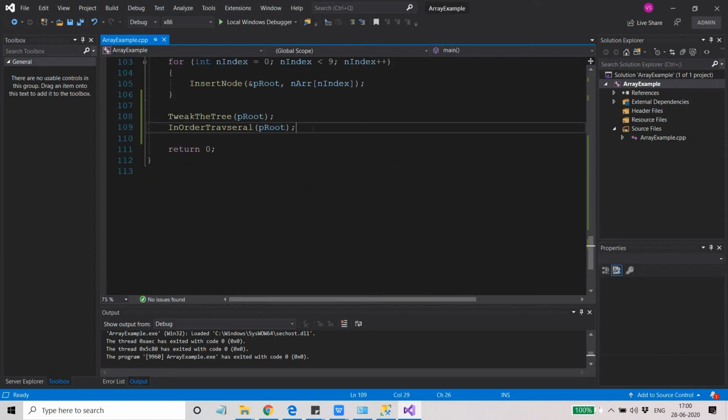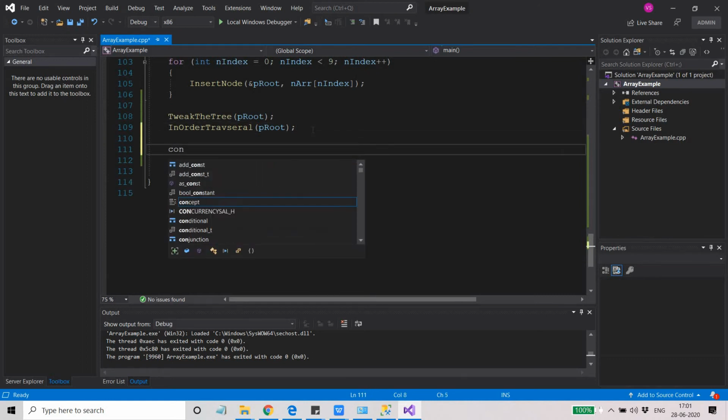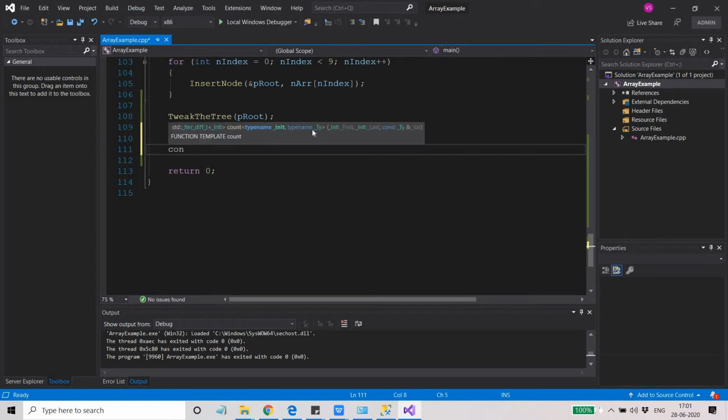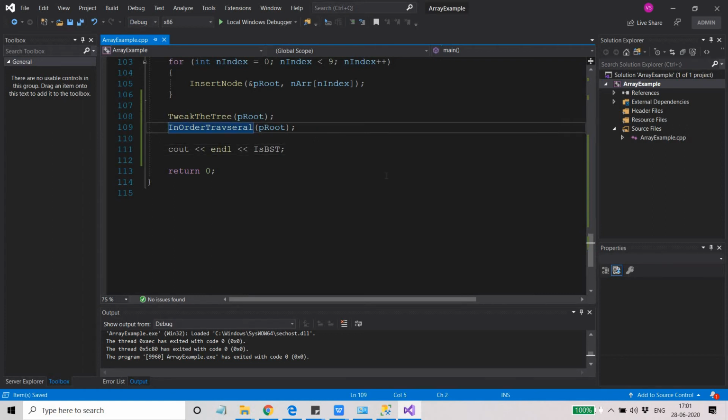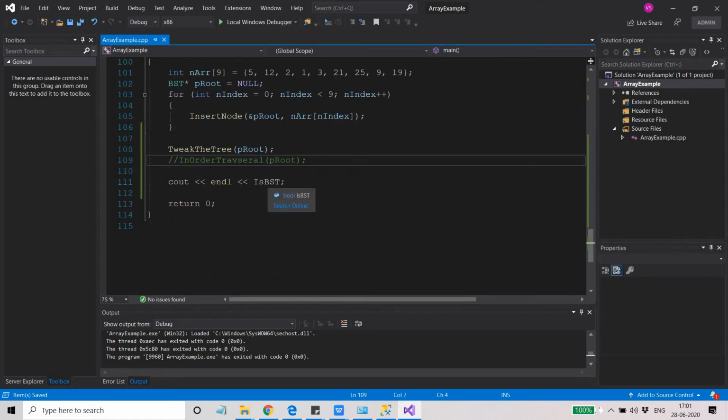So let's see if my program is going to give me the correct result. I have tweaked the tree, and in this case BST should come as false. So on the output screen, it should be printed as false.